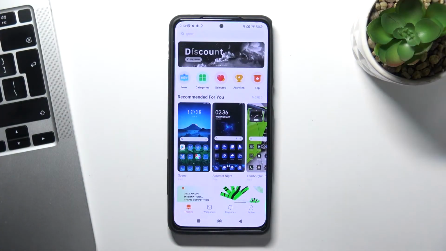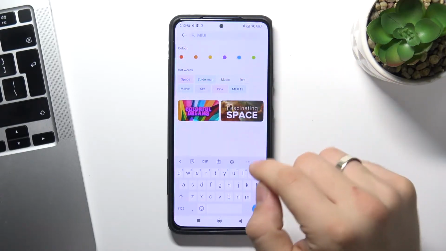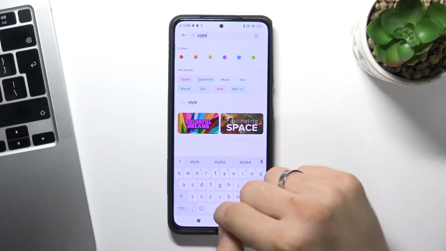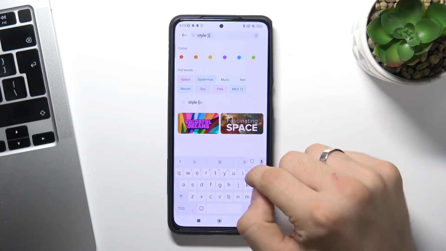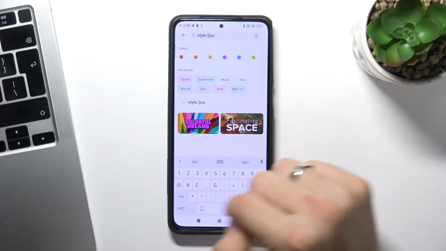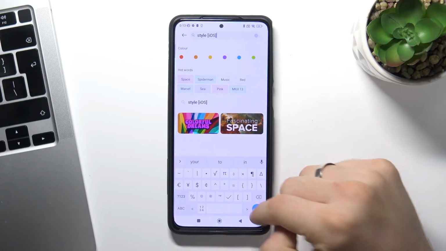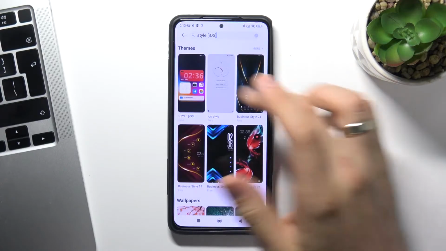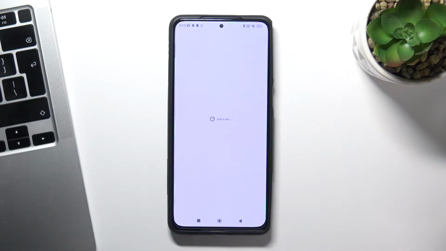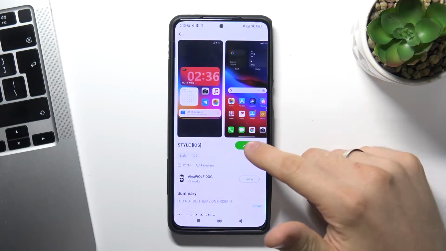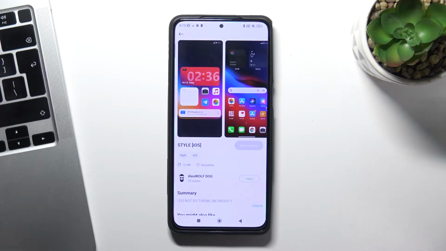So on the third place we have a theme that fully replicates the iOS design. It's called Style iOS, so let's find it. Find Style iOS and click search. Open the page with this theme, click free button to download it,